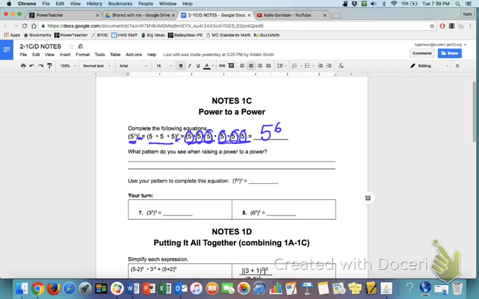What pattern do you see? Basically, I know we've only done one of these, but I hope that you can look at it and say, well, it would have been much easier to come back here and just take the 3 and the 2 and multiply them together. That would have given me my 5 to the 6th. So when it says what pattern do you see when raising a power to a power, the answer